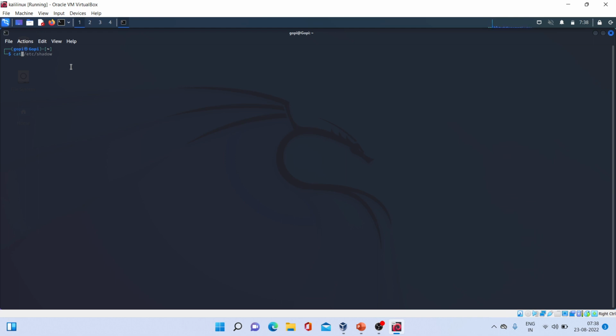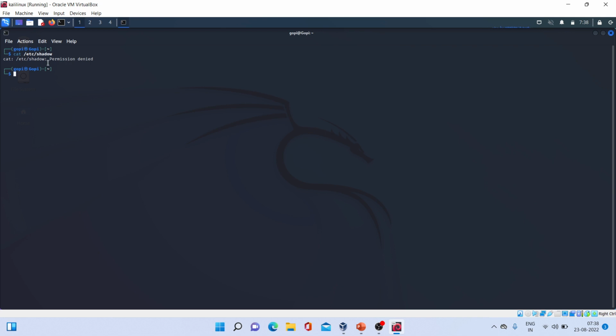Cat /etc/shadow. We'll discuss about this file later in detail. Now, if you see, when I try to access this file, shadow file, then you can see permission denied because I'm not an administrator or I'm not a valid user to access this